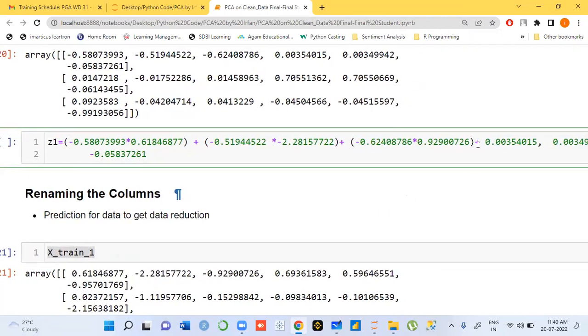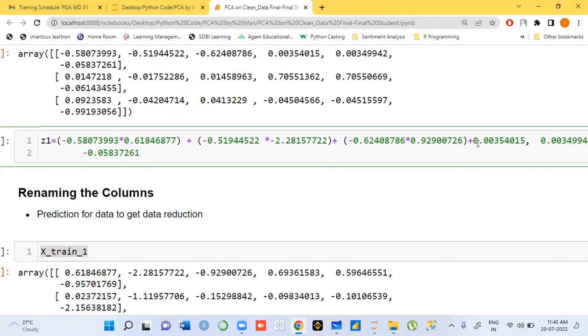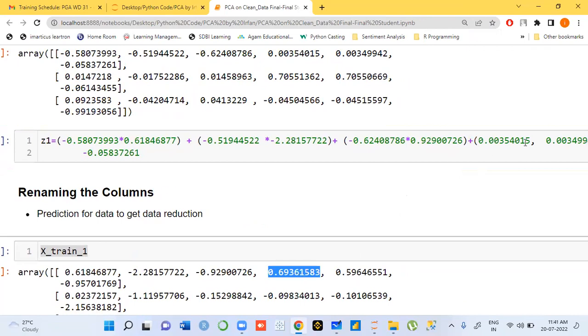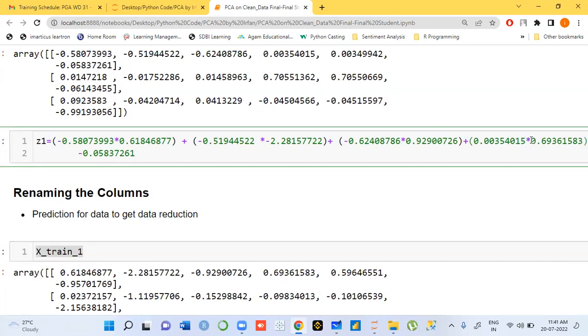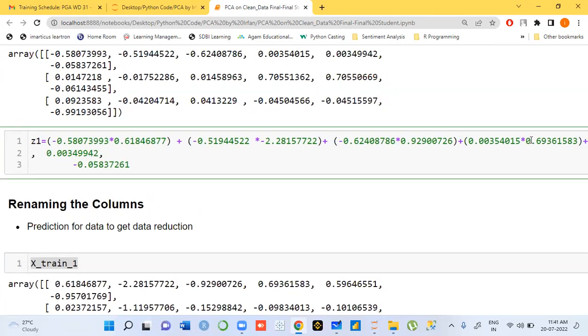Next, what is beta 4 into x4? Next, what we have, beta 5 into